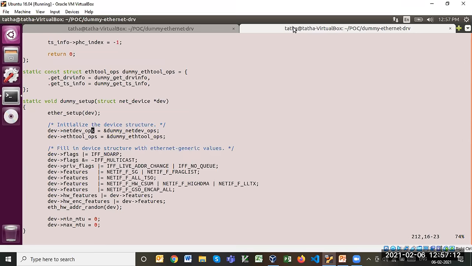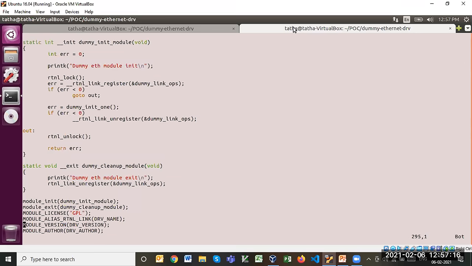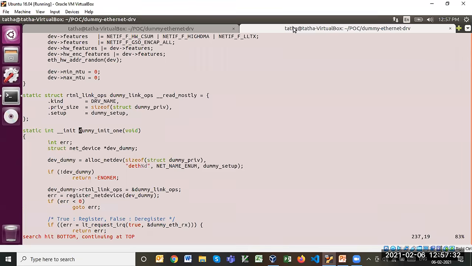Let me go through the initialization routine. This is the init module of my driver. Whenever I am loading the driver, this function will be called. Here we are calling dummy init1. Usually hardware-specific initialization is done in this function.